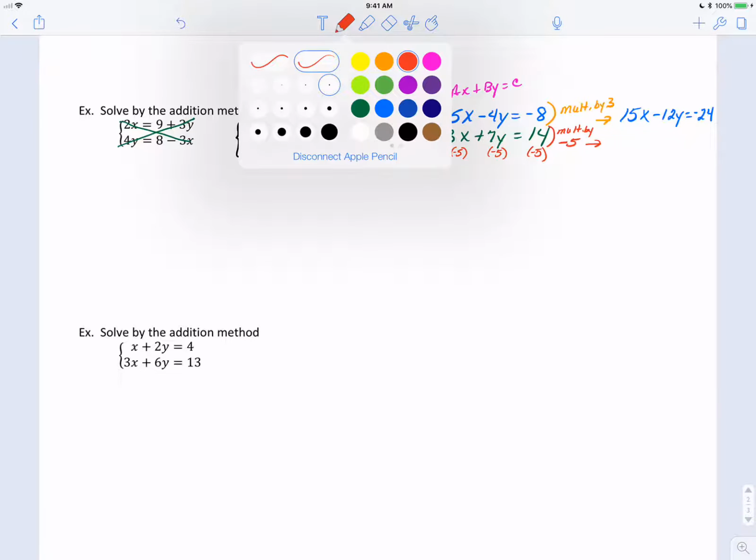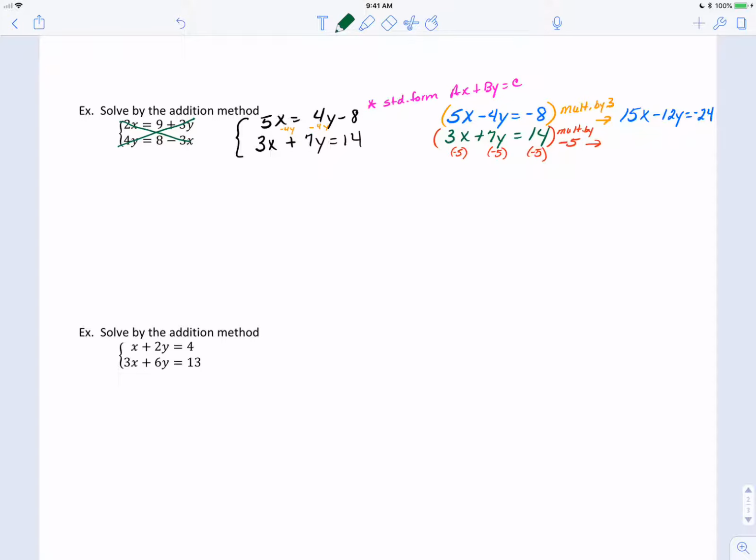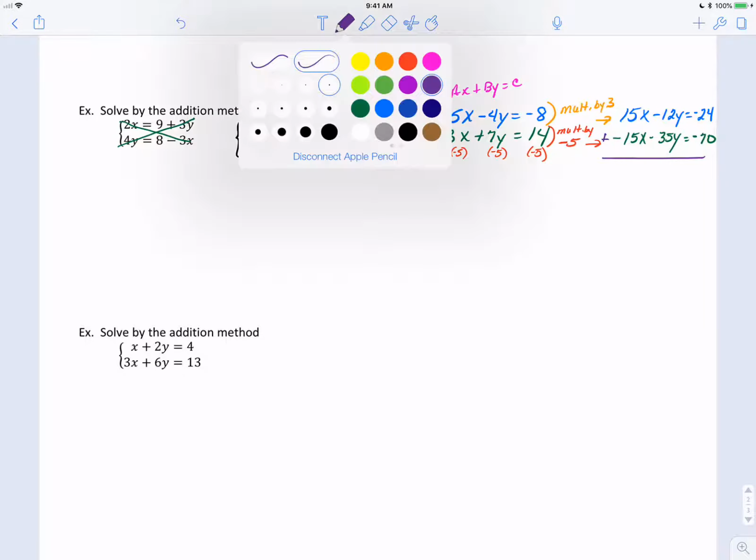Okay? So the 3x times negative 5 makes negative 15x. The 7 times negative 5 makes negative 35y. And then the 14 times negative 5 gives us negative 70. Okay, so now we're ready to add these two equations together, and notice that we have opposite coefficients there for our x values,